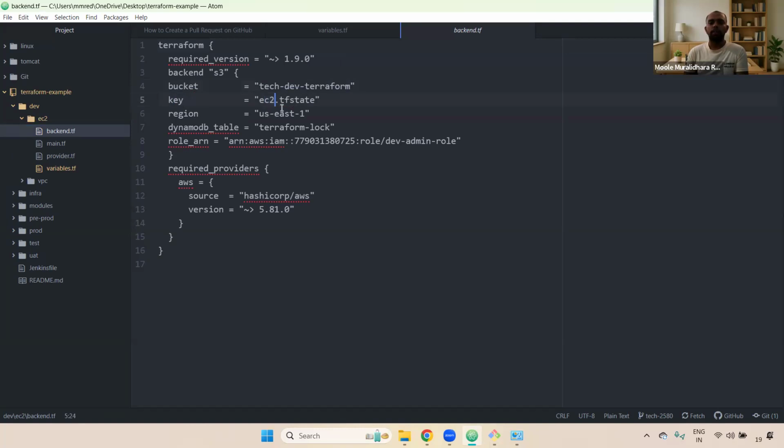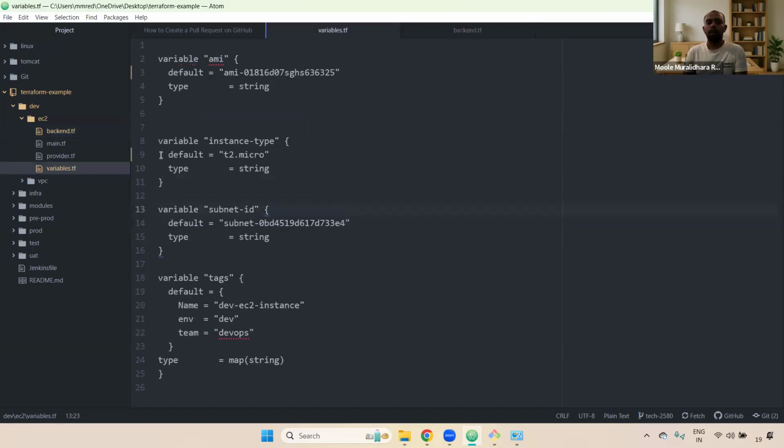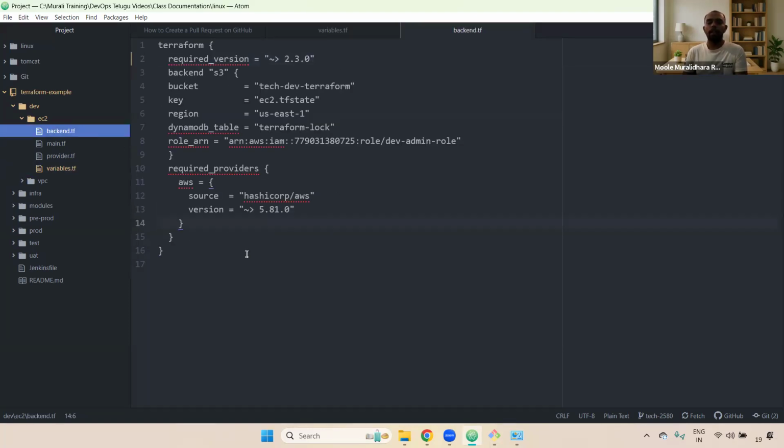If you want, you can change that. For example, EC2 is fine. If you want to change any region, you can do that. Also, here I'm changing the required version to 2.3.0. Here, if you observe, in variables.tf I have made changes, and backend.tf also,